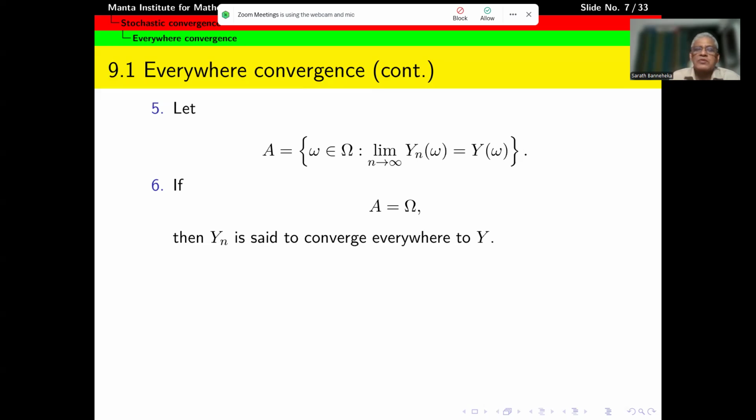It is enough for us for this kind of condition to be satisfied for a set of omega values for which the probability of A will be equal to 1, so that there might be some other set, say B, where this condition doesn't happen, but the probability of that set is 0, right? So therefore, we usually look at that kind of requirement rather than convergence everywhere,